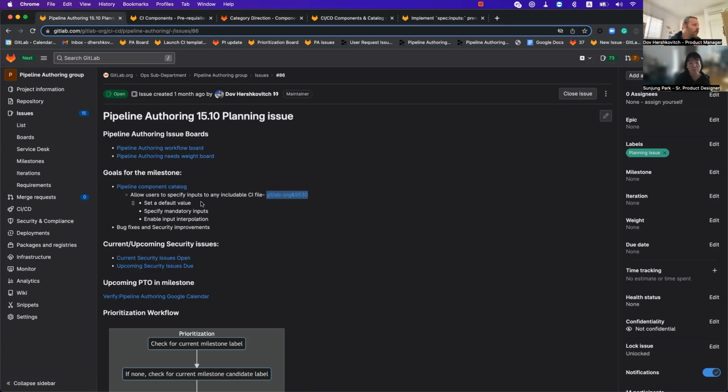With that, we'll also allow users to set a default value for each input, specify which are the mandatory and the optional inputs, and enable input interpolation, meaning we'll use the value of each input inside your template. This will be the main focus, along with some bug fixes and security improvements, and also some of the carryovers from